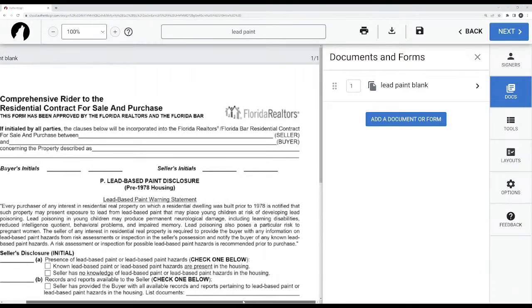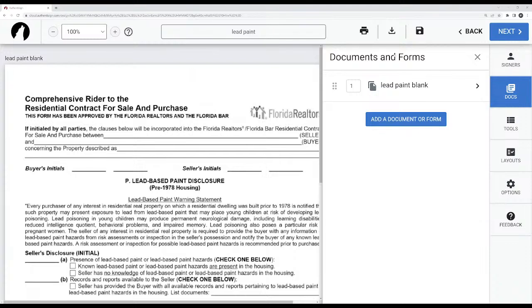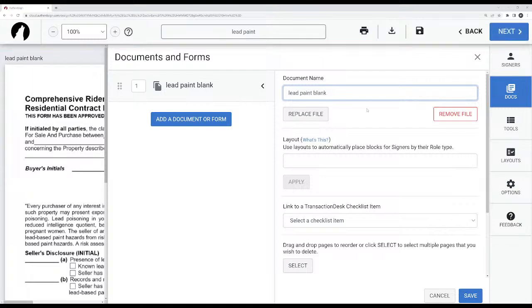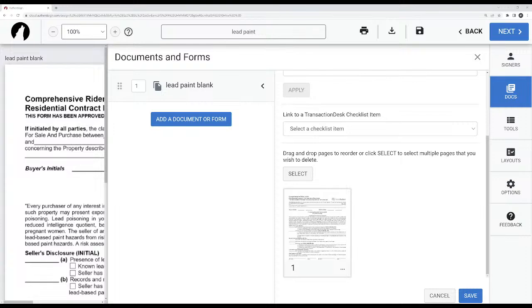Let me see if I could, yeah, so it's a little squeezed together because I have it zoomed in on the screen. So that, or you could add more documents, additional documents. You could press this button here and you could add more documents. If you want to edit the current document, you could press this little arrow button here and then it opens up so you could name the document something else. You have the pages. The lead paint addendum is only one page, but if there was multiple pages, you could click the buttons down here, the 3 dots, and you could delete the page, rotate it, view the page. So let's say you had a document, for example, that's 10 pages long, but you only needed page 3 to 6. You could delete all the other pages one by one and then save it, and then you'll only have pages 3 through 6 and effectively